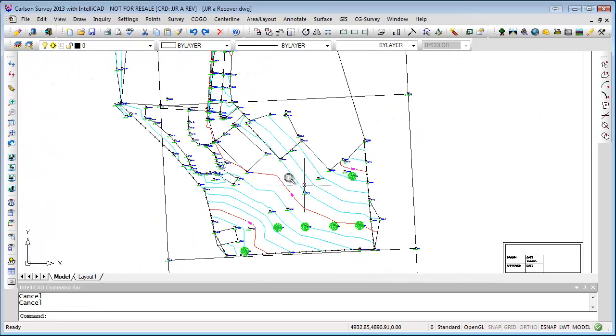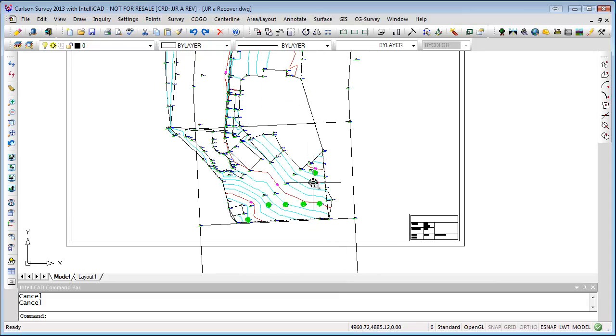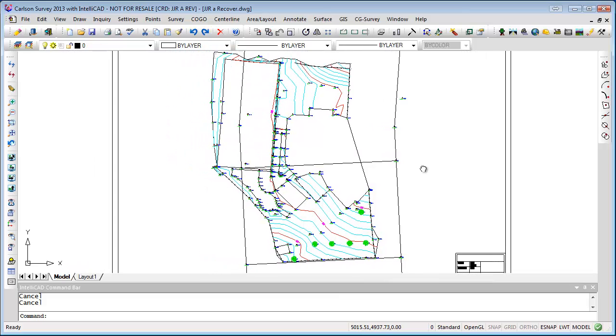You still got a lot of work really to get this ready. Your plot styles, I think we've covered all that before in other tutorials, setting up your plot style for your different colors. Or you can go in here and give these lines widths or however you want to do it. I prefer doing it in a plot style myself, but I think you're well on your way here to having a finished product. I just don't know what else you want to add to it. I'm sure you'll want to do a bar scale and some notes and